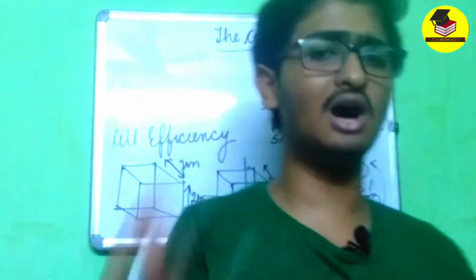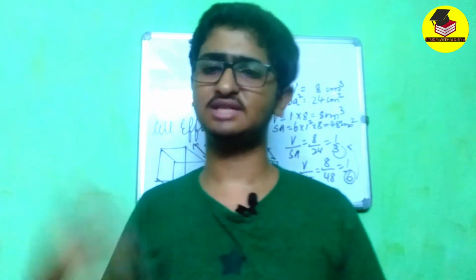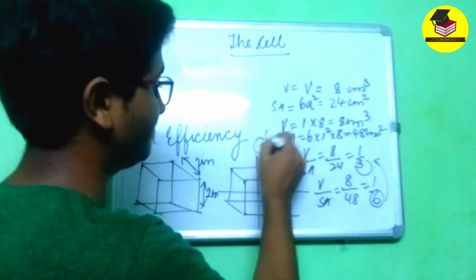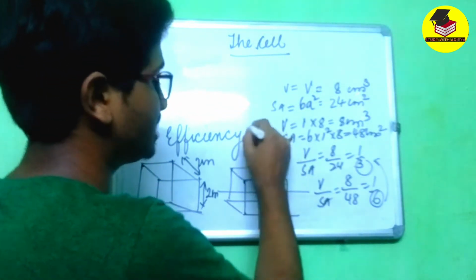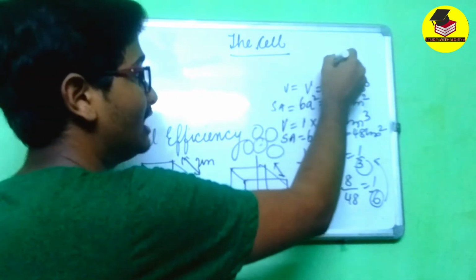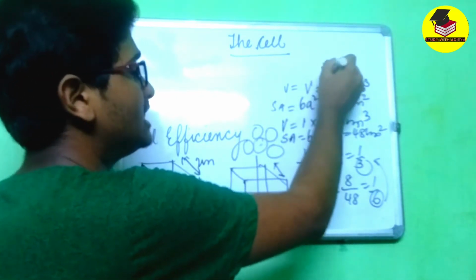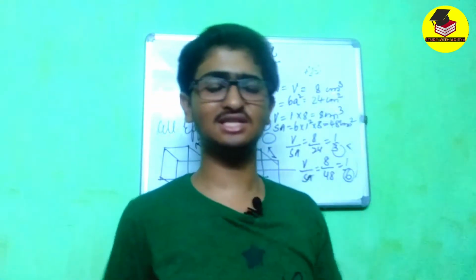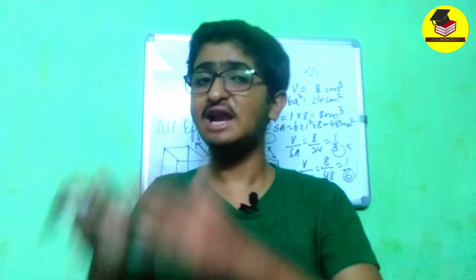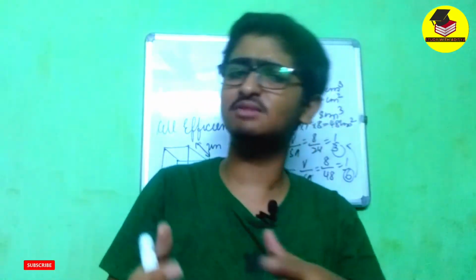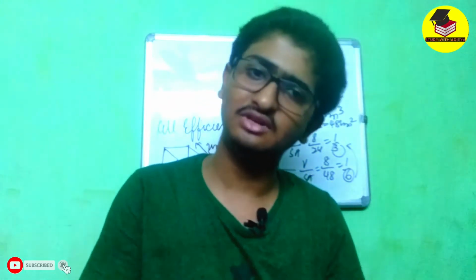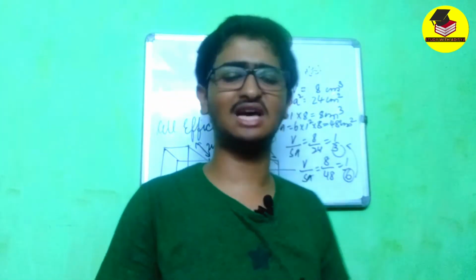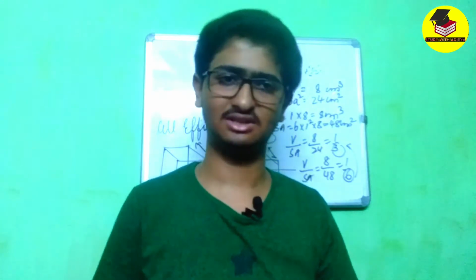So this means smaller cells have more efficiency, because a big cell can be in contact with at most how many cells? 1, 2, 3, 4. But a small cell may be in contact with many other such cells. So what will happen? The rate of diffusion of substances from one cell to another will keep on increasing. With more distribution, the efficiency of cells increases accordingly. That's why we say smaller the size of the cell, more is the efficiency.